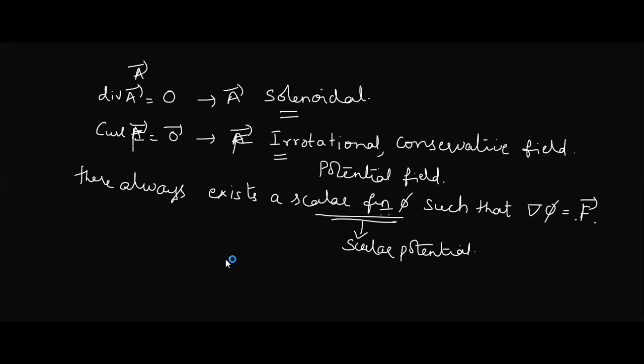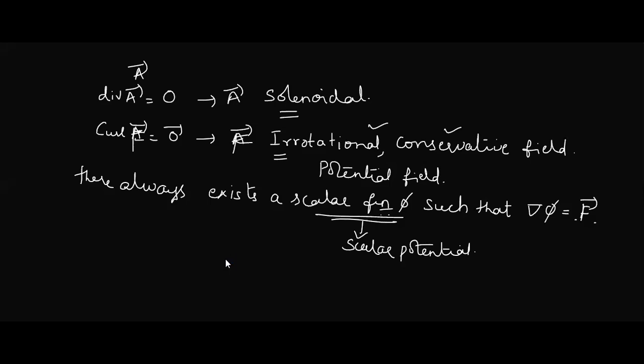Will you remember all these terms? Try not to get confused. There is no alternate term for solenoidal. So solenoidal means divergence is 0. One very basic, very simple thing. Second part, if the curl of a vector field is 0, then the vector field is called irrotational. This is used in the majority of cases. Conservative field is used in some cases, and potential rarely used. I have not seen any question appearing on the word potential field, but you should know these names.